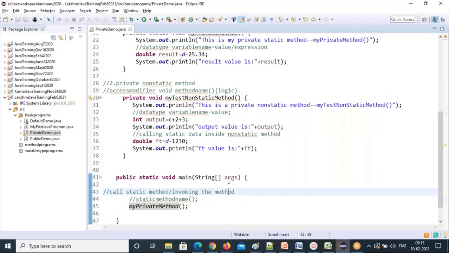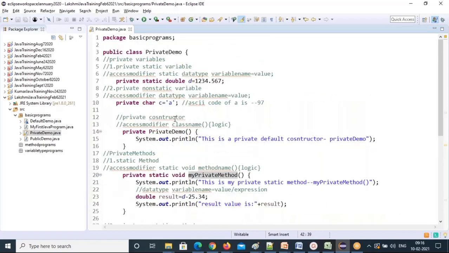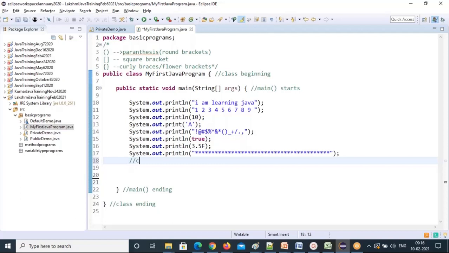That's all about private. Private you can use in the same class only. Private variables, private methods, private constructors you can use in the same class only. Other classes cannot access these private variables. Suppose you want to call it in my first Java program, here if you want to call private demo, how can you call other class static members here? Calling other class static members